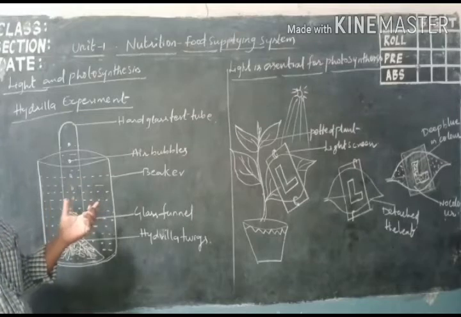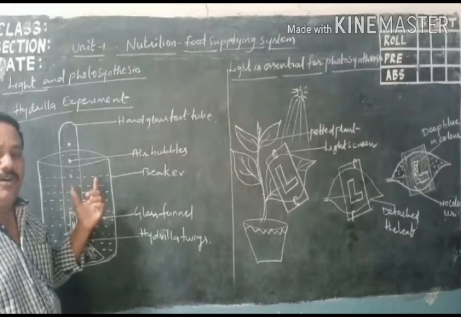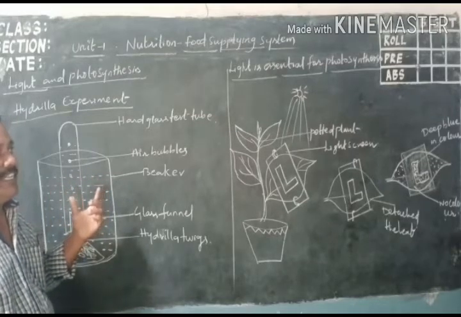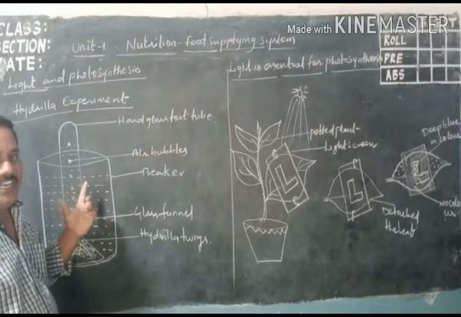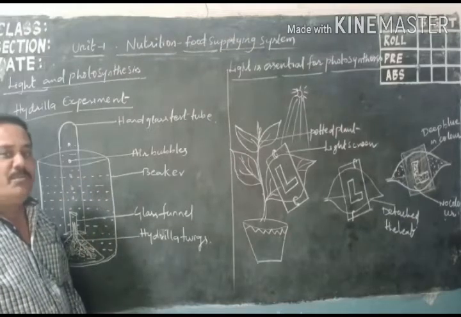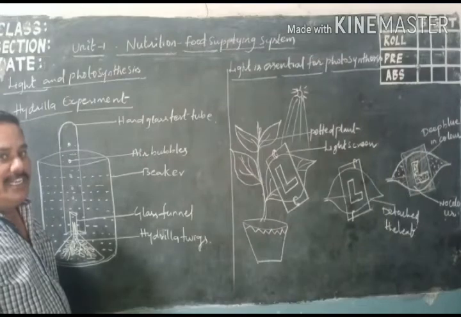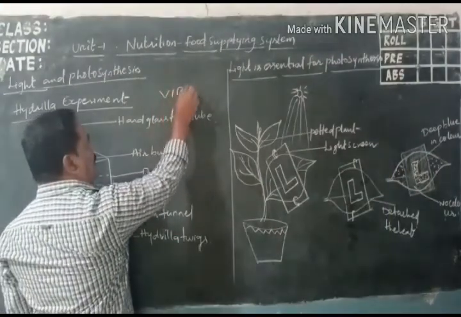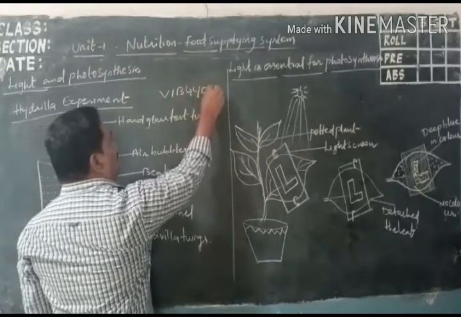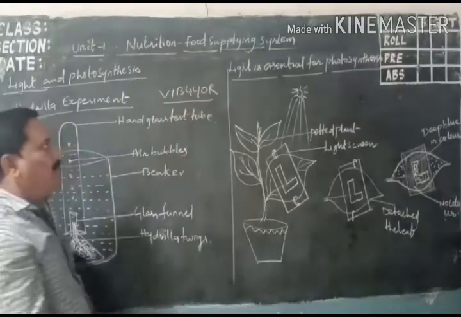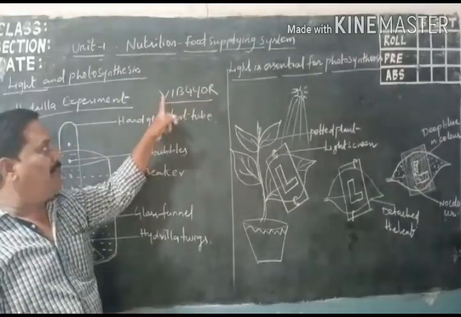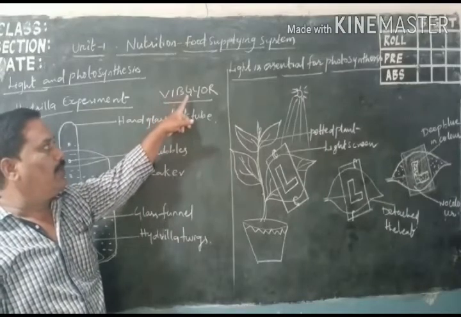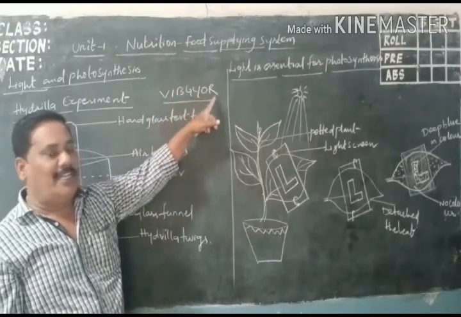Sunlight. The sun emits a large number of rays that have rainbow colors. Nearly seven colors, that is called VIBGYOR. VIBGYOR is the rainbow colors: violet, indigo, blue, green, yellow, orange, red.